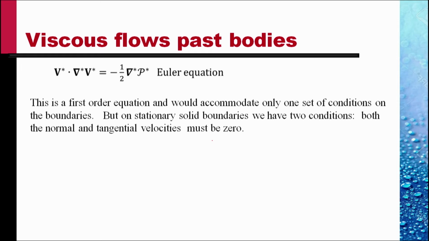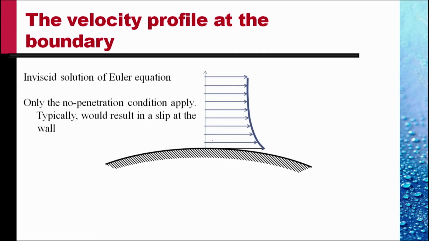This is a first order equation and would accommodate only one set of conditions on the boundaries. But on stationary solid boundaries, we have two conditions. Both the normal and the tangential velocities must be 0. If we solve the Euler equation and obtain the inviscid solution and apply the no penetration condition, that is the normal component of the velocity at a solid stationary surface is 0,